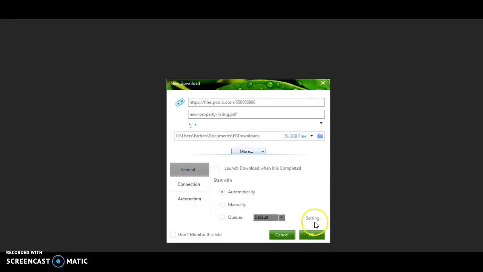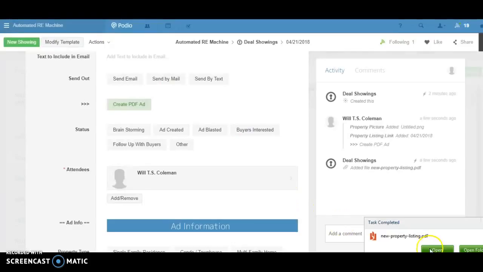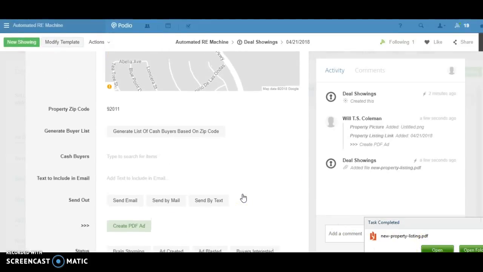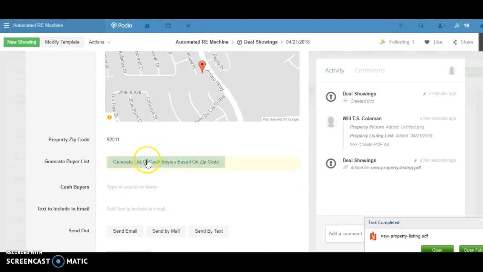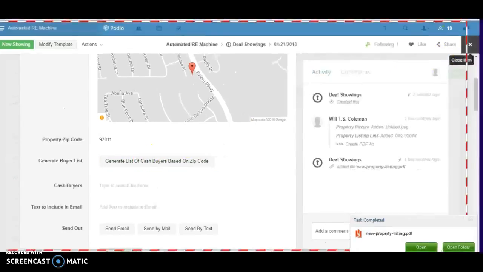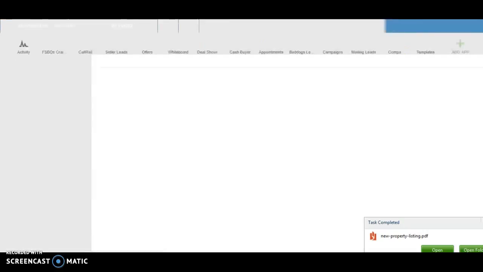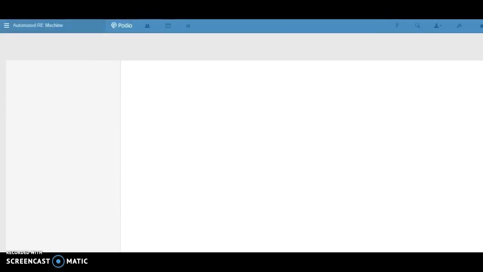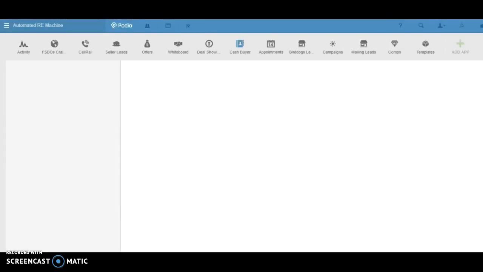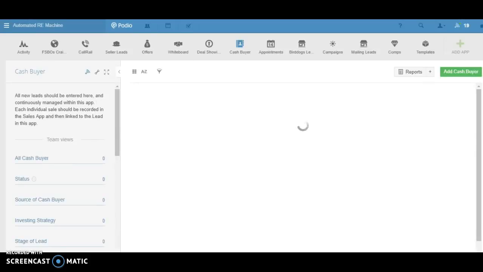Now the next step is, if we have this flyer, we have to find buyers. To find buyers, if I scroll up, there is a button, generate list of cash buyers based on zip code. Now we have a cash buyer app, and in the cash buyer app we basically create profiles of the cash buyers, like what their contact information is, what kind of properties they are looking to buy, what areas they are looking to buy in, what cities, all that. So right now we don't have any cash buyers, so let's just add a cash